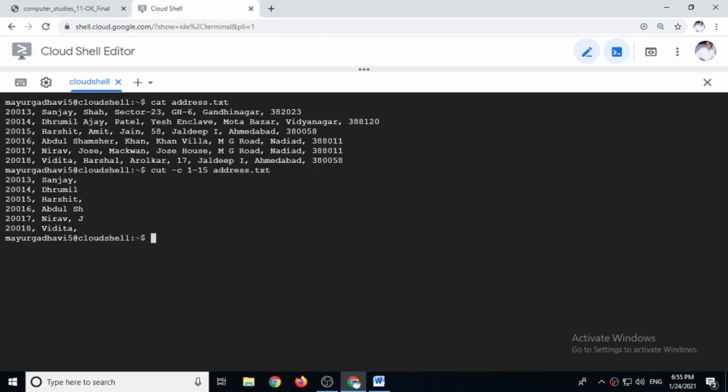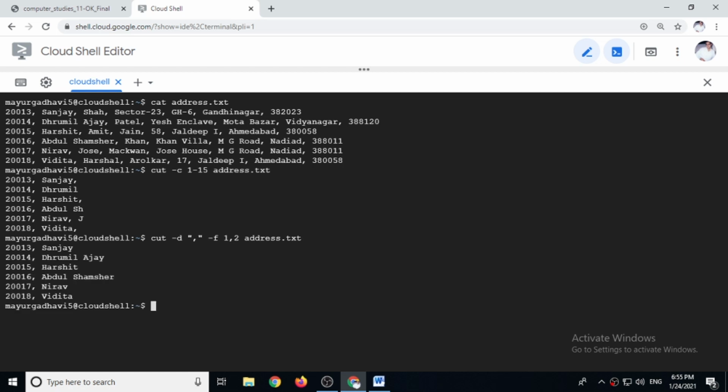So let's see, cut -d inside double inverted comma sign -f 1,2 from which file? address.txt. Then you can see the output. First it shows numbers and then names.